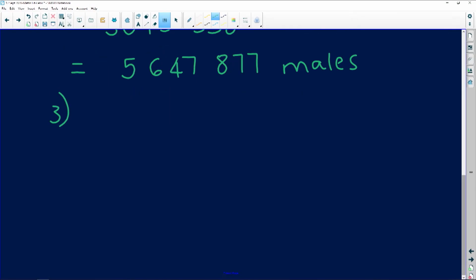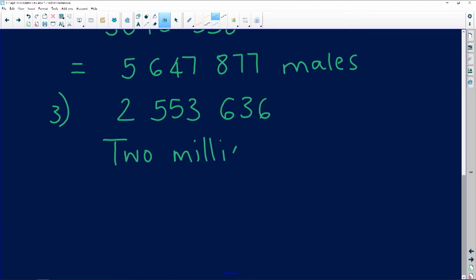So if you write it out first, 40 to 49, it's 2,553,636. So what learners like doing when they call out numbers is that they'll say 2,553,635. Don't do that. Learn how to call it out so that you can know how to write it. So what is that going to be? 2 million,